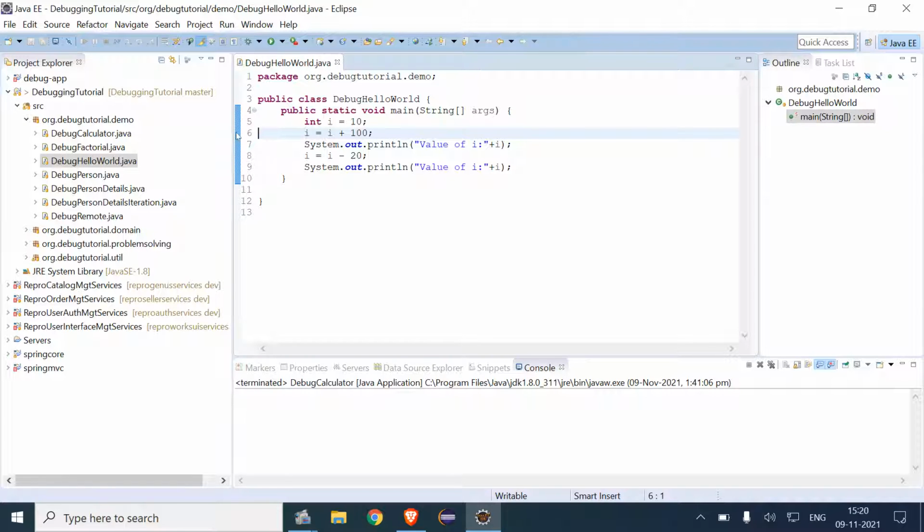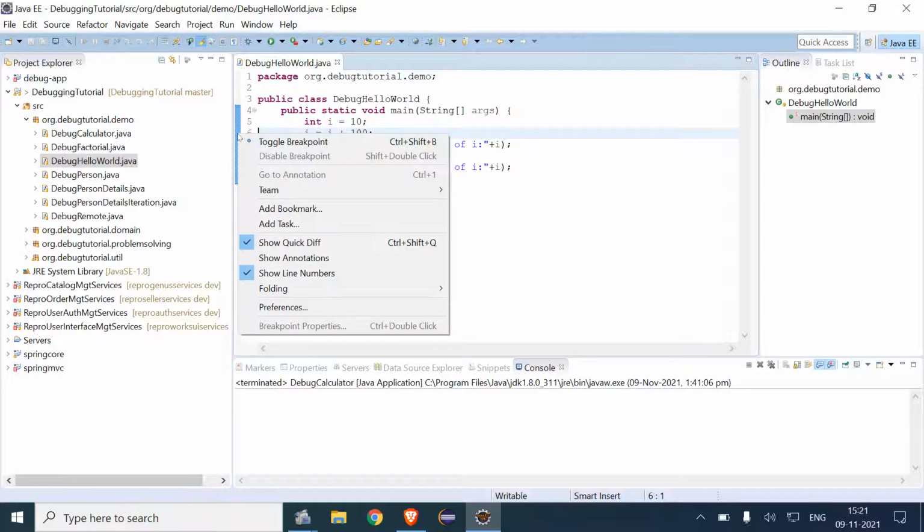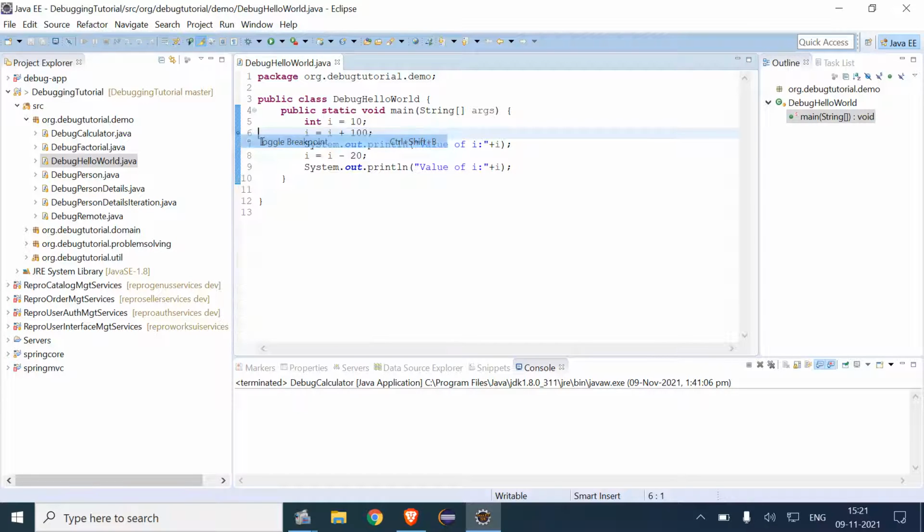Now the second method by which we can give a breakpoint is to right click and toggle breakpoint. So now the breakpoint is given. And if we come to this, it is showing line breakpoint debug hello world line 6.